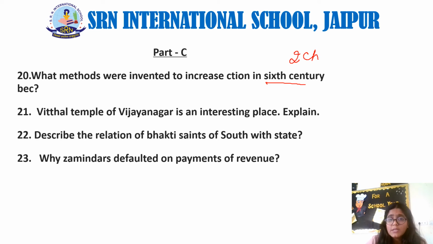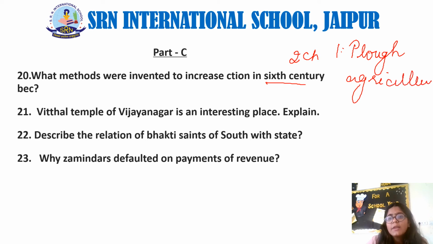Now we'll see, to increase the agricultural production, there were basically two strategies which were adopted. The very first was that they shifted towards plough agriculture. Earlier there was agriculture which was not related to plowing, but now as there was an increase in production and an increase in population, people needed more agricultural produce, so they shifted towards plough agriculture. And the iron-tipped ploughshare was used to turn the alluvial soil in the areas which had high rainfall.